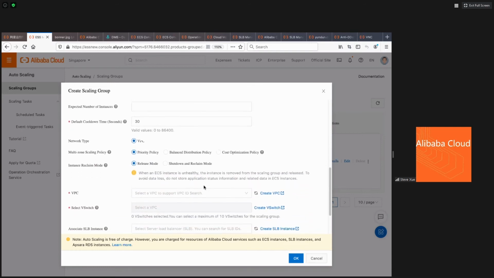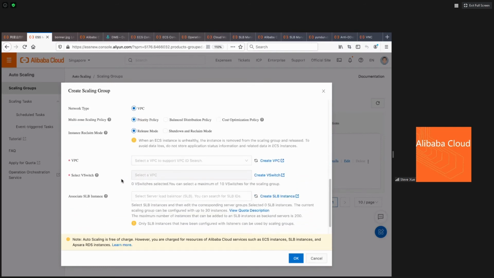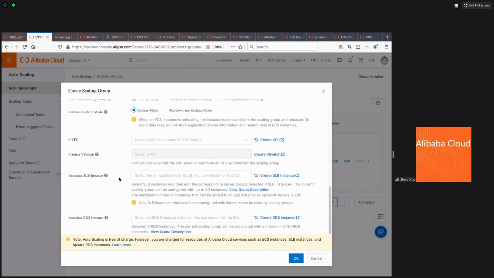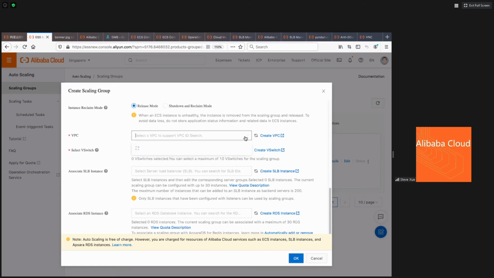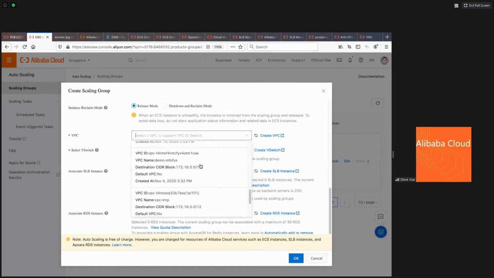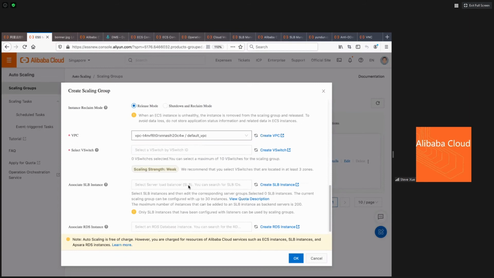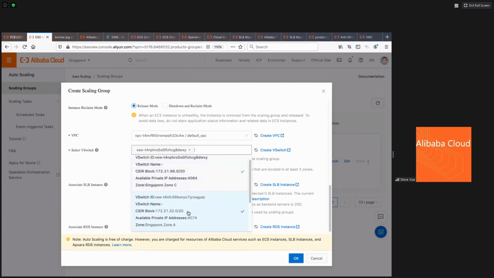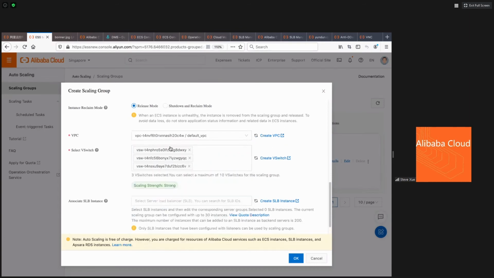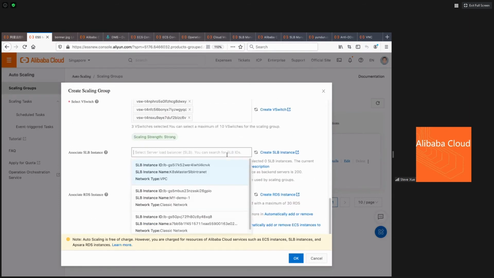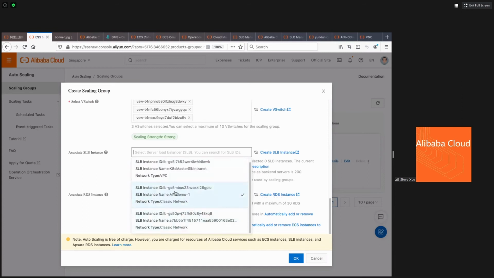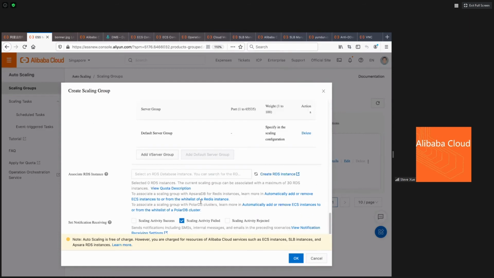Then the other factors are not important, but let's see this one. Here is the information I mentioned about the SLB and the RDS, but you need to pick a VPC first. Let's pick a VPC by default and take all the vSwitches inside for the scaling group. Then I'm going to map one of the SLBs I can find from my environment. So this is the Malaysia demo I created yesterday. I use it. And also for the RDS,